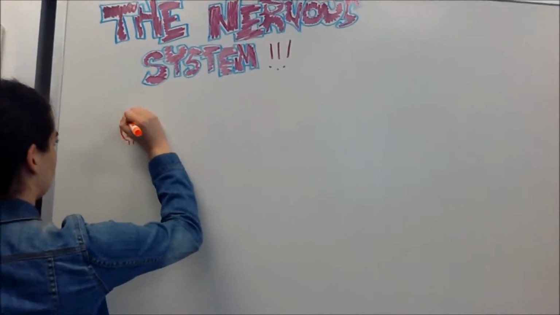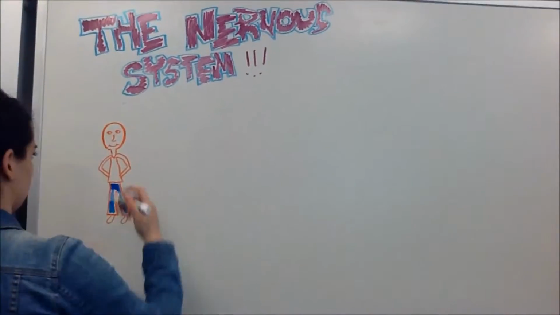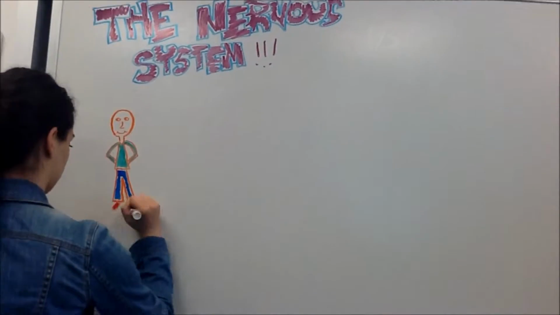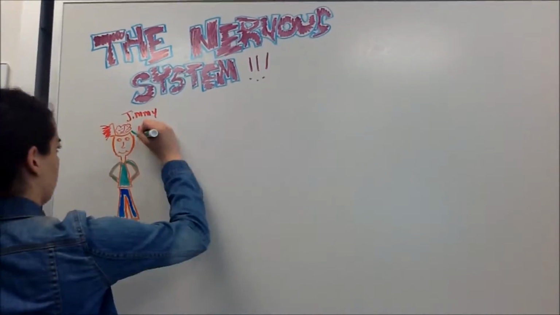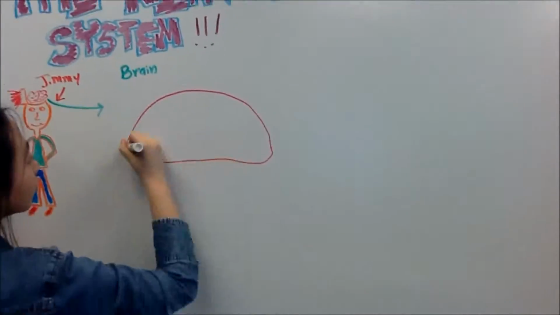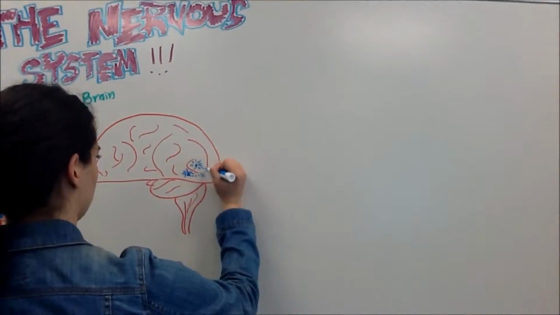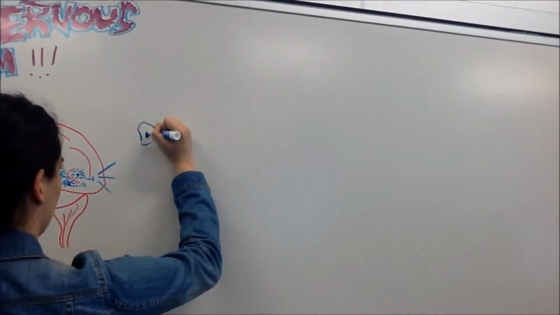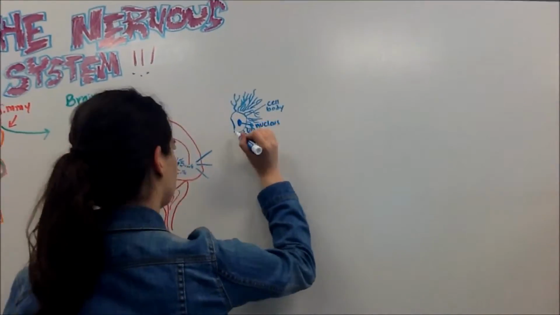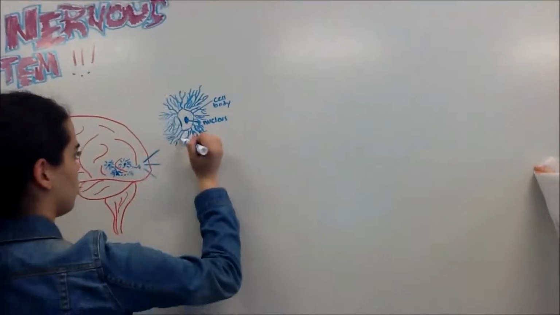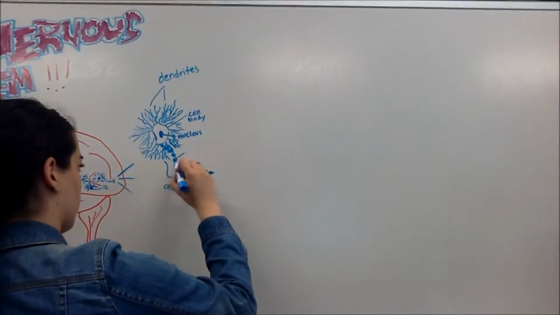Welcome to the nervous system. This is Jimmy. This is Jimmy's brain. The brain, like the rest of the nervous system, is composed of specialized cells known as